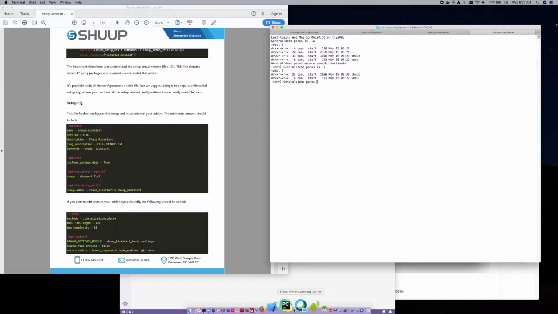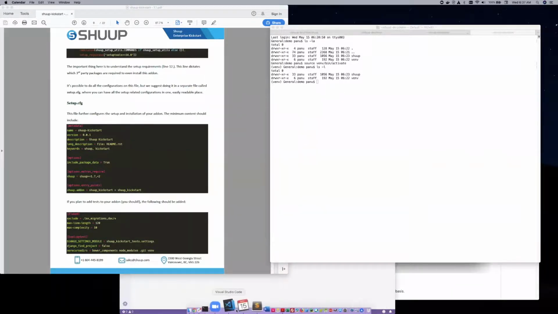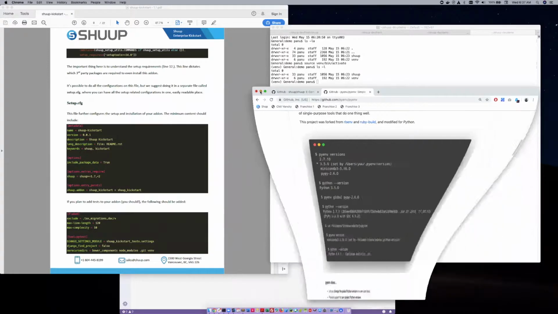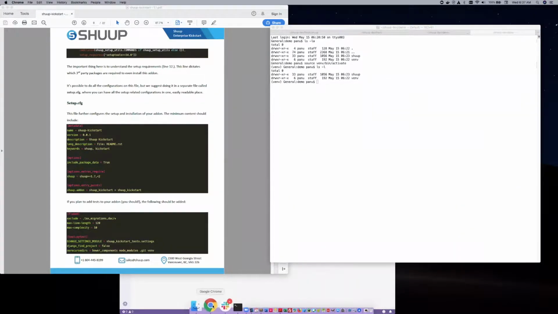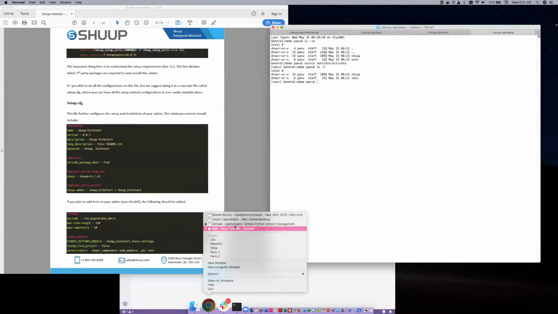Today's topic is going to be Shuup Development 101. We're going to cover the following topics. The first one will be how to install and set up the Shuup enterprise code and how to gain access to that code. The next steps include how to set up the sandbox project and how to create a simple add-on for Shuup. For these demonstration purposes, we've created a document which will support all these installations, and